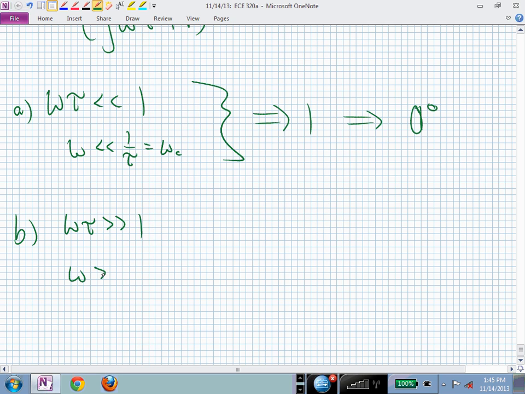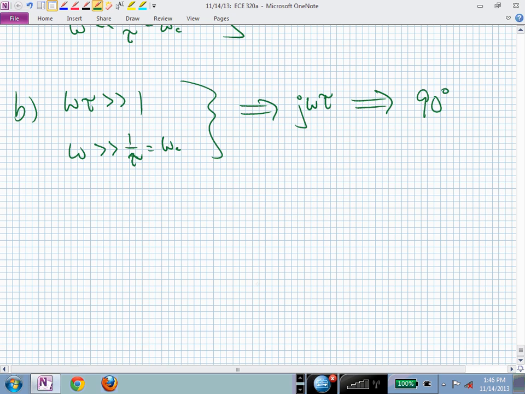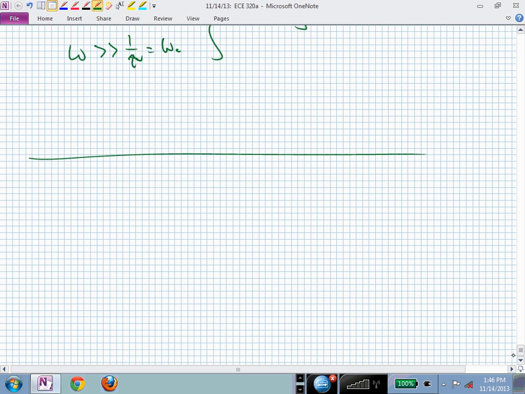Sorry. Omega now is much bigger than the cutoff frequency. And what did our linear term approximate to being? J omega tau. But what's j omega tau's angle? 90 degrees. And if it's downstairs, it's going to give you a minus 90 degrees. And now we just need to connect those. So a decade before, we're at 0. A decade above, we're at 90 or minus 90 for a pole factor, and we just connect them with a straight line. So our phase plot will be as simple as for a denominator polynomial,